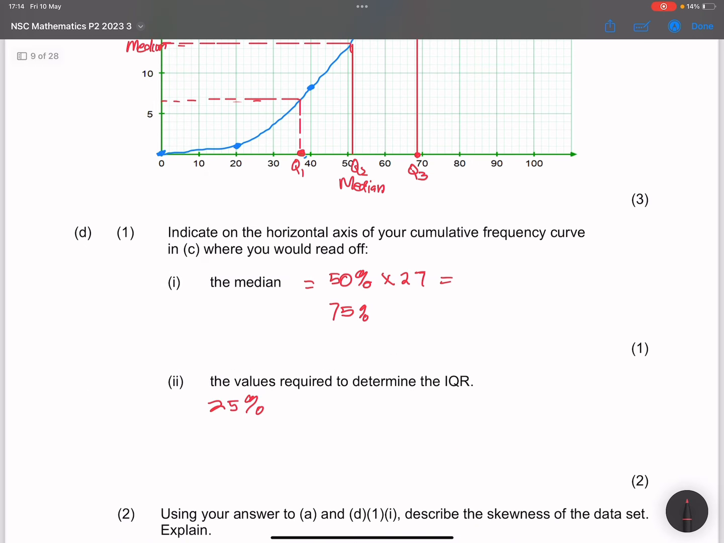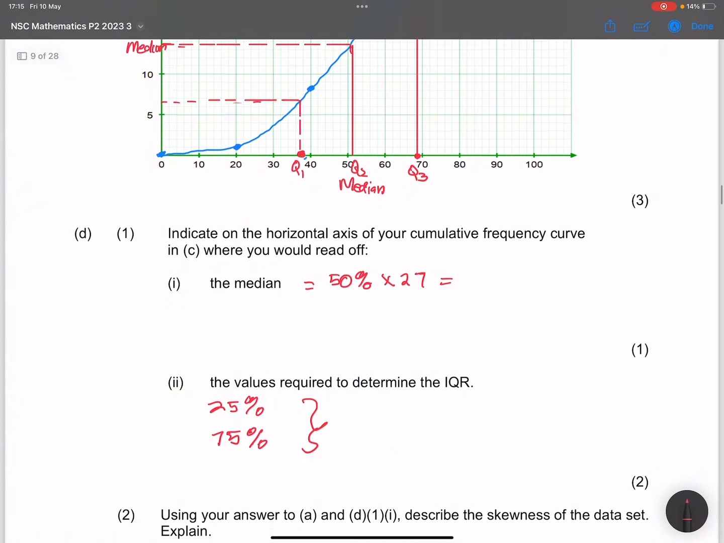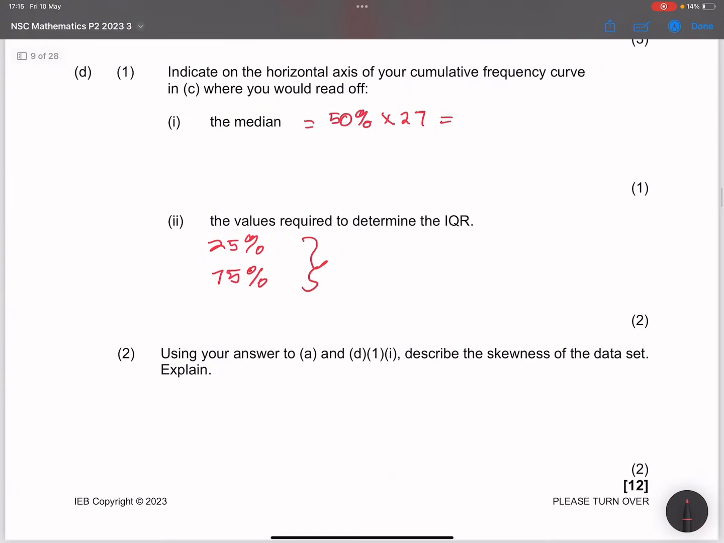And by the way, for the median, I made a mistake here. So this is our 75th percentile. All right, so we've indicated those values on the graph. We don't need to write anything there. Now they say to us, using your answer,